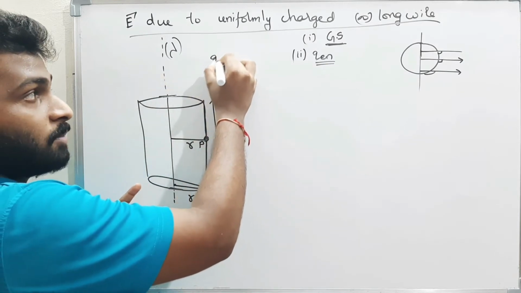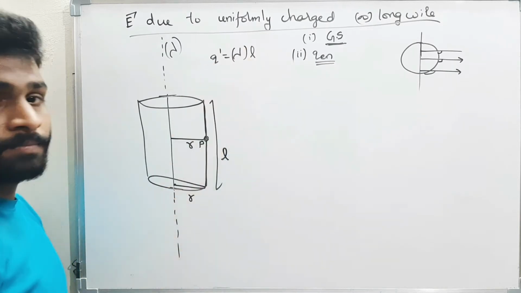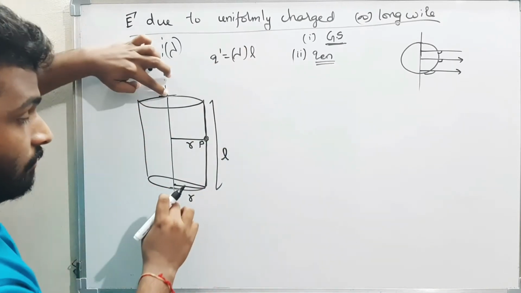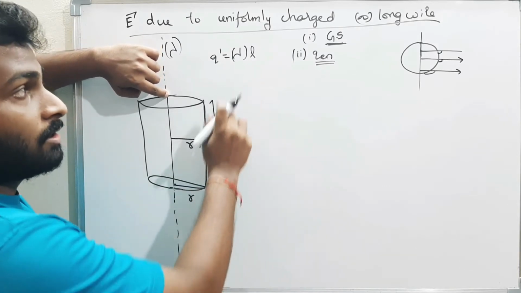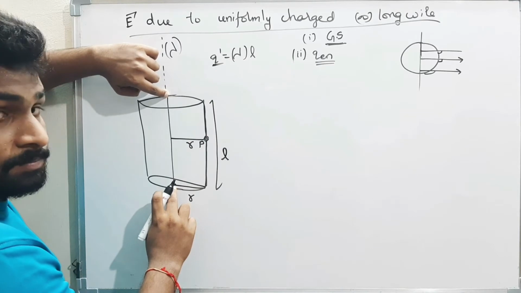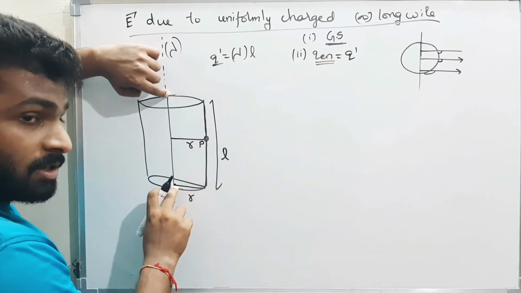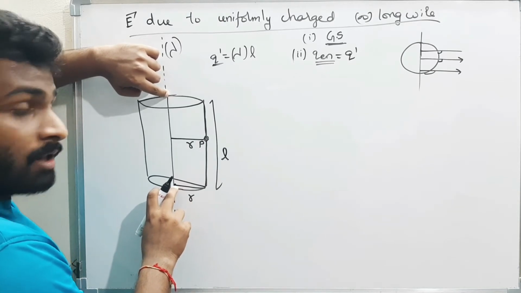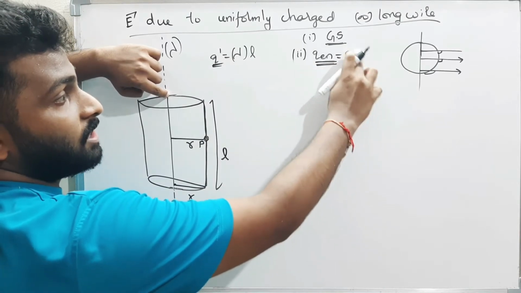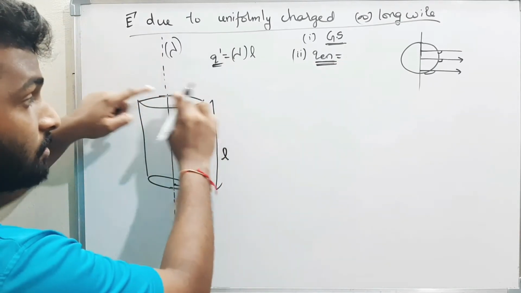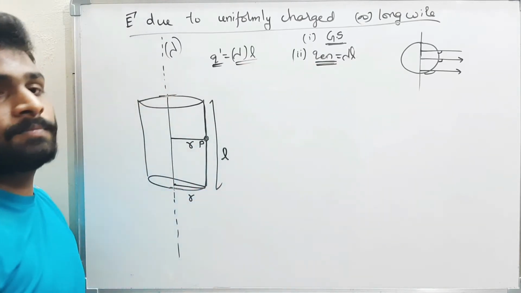If you want to find the charge present in this length L, then what do I have to do? The charge is nothing but lambda into L. If I want to find the charge present in this length L of wire, then I have to multiply the linear charge density lambda into that length. Therefore, there is a Q dash present in this length of wire. That Q dash is nothing but the charge enclosed. Only because of this much wire being inside the surface, the charge of this wire is nothing but Q dash. Therefore, what is the charge enclosed? The charge enclosed in this Gaussian surface is nothing but, how much? Lambda into L. Okay, next one.